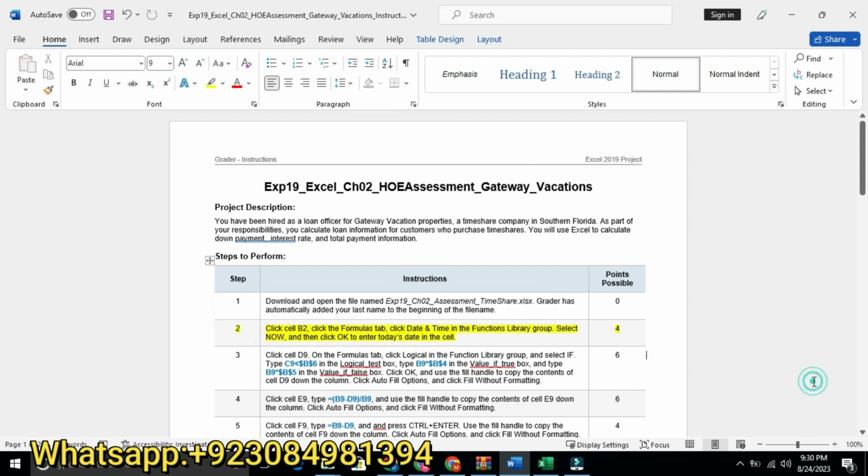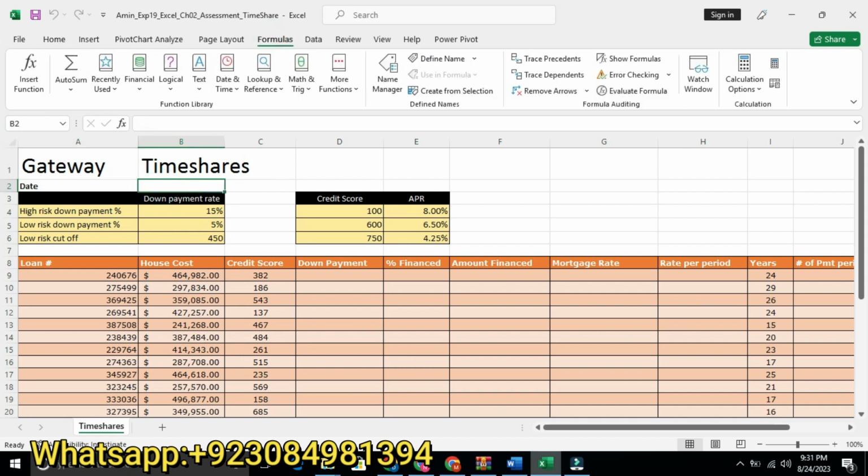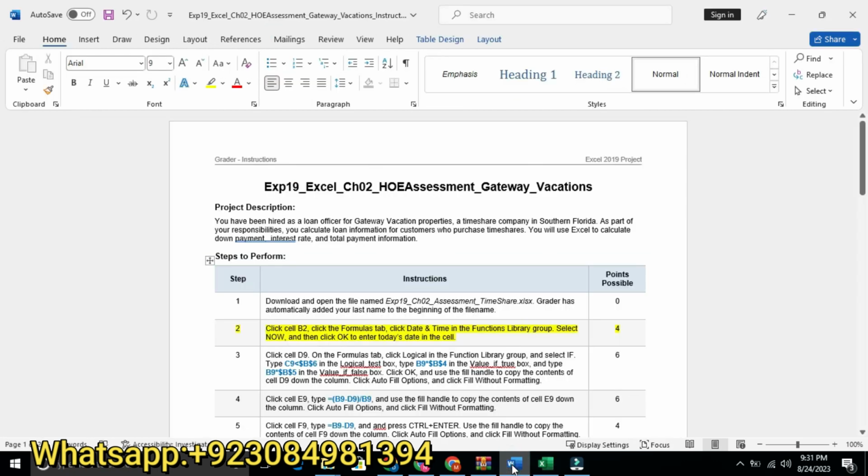In our second step, click on cell B2, click the Formula tab. We will move to our Excel sheet. We will click on B2 and then go to the Formula tab. What he is asking is, click the Date and Time function library group, select NOW.